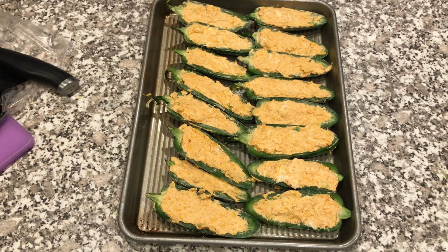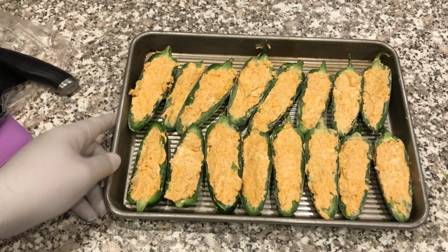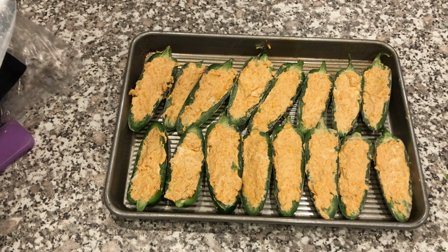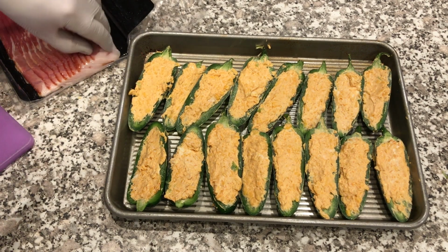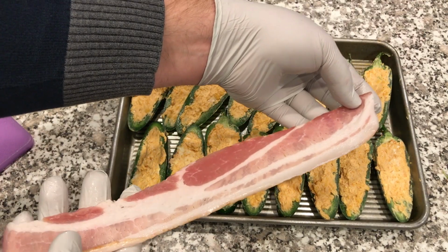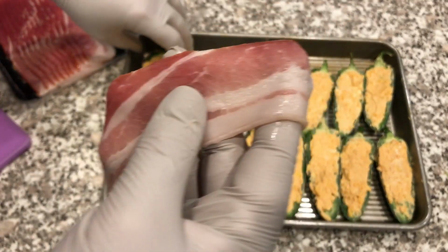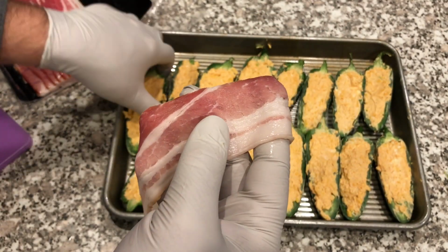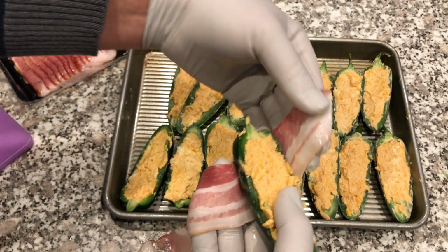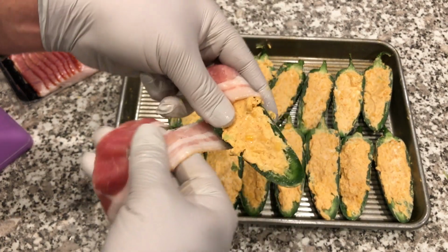All right, and then our last and final step in preparation is going to be to bacon wrap these. So, I don't use toothpicks or anything. I just like to tightly wrap each one in a single piece of bacon and overlap it as I go. I like to use a thin cut bacon because it stretches nicely and adheres very well to the jalapeno popper half. So I usually start at the top end like this and then wrap the bacon